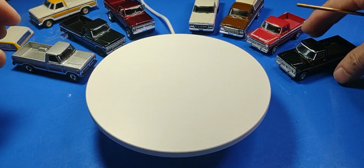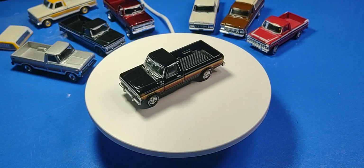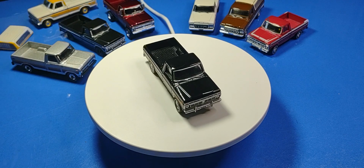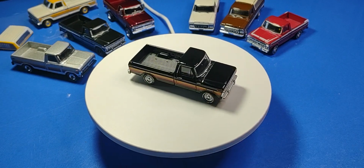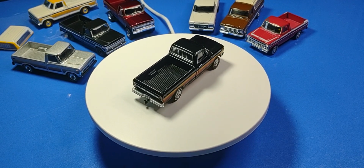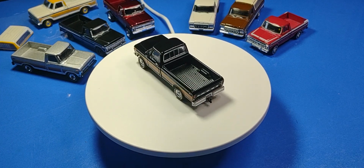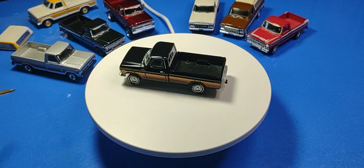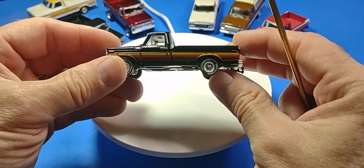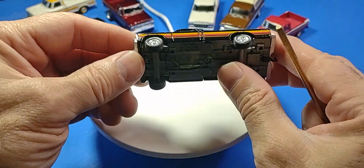Let me show you another example of a freewheeling package. This is another one of my personal favorites. '77 F150. You'll notice this one has a little extra option. This has got the little bumper guards in the front. That one back there did not have that. Black on black, nice corresponding tape stripes. And like I said, I believe that one was a freewheeling package on a custom. I think this is a freewheeling package like on a Ranger, because I noticed it's got a few extra little trim pieces. But yeah,